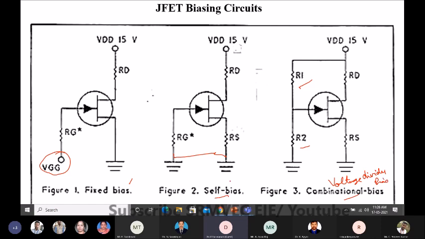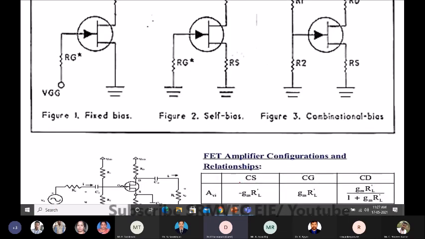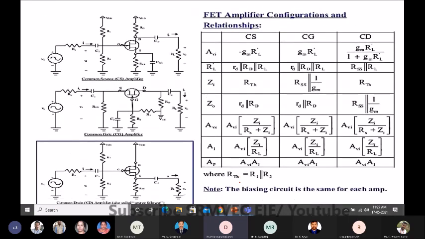So here self bias plays an important role. So here also, why do we go for biasing? We know the region of operation can be either cutoff, ohmic or saturation. So you have to make sure in which region you need the operation. So accordingly you have to bias. The resistors have to be calculated, and you can get into the equation.